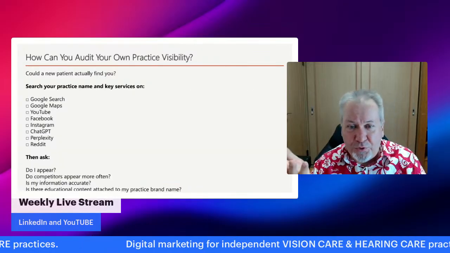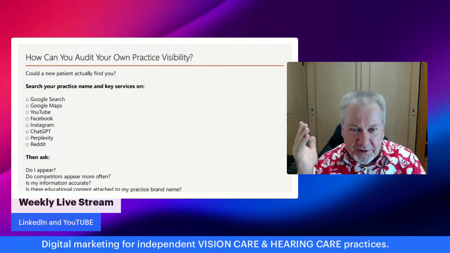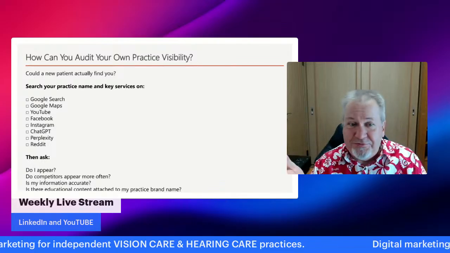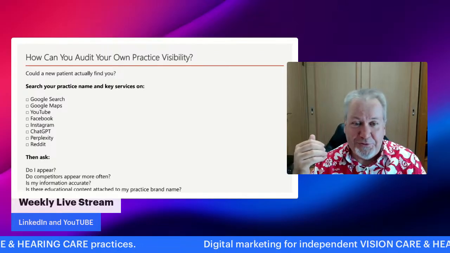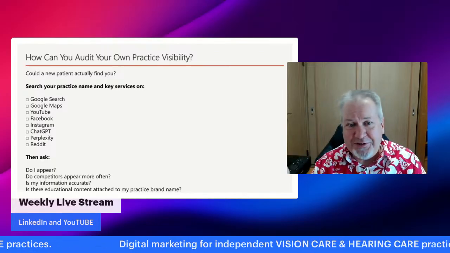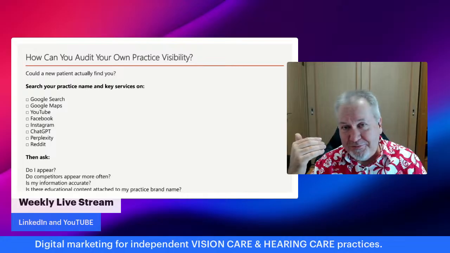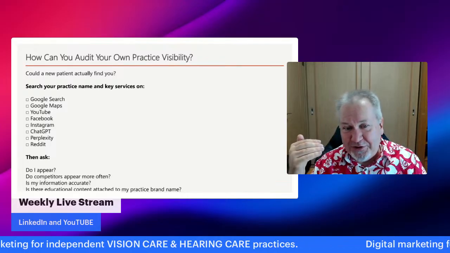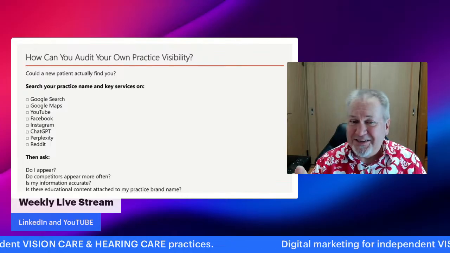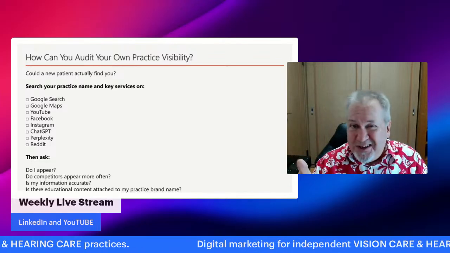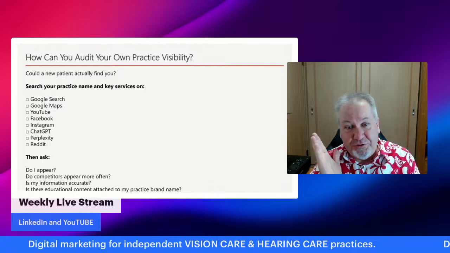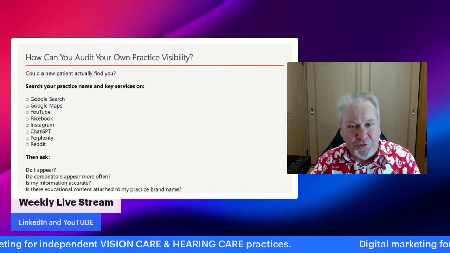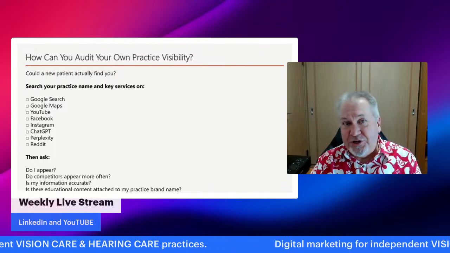So how can you audit your own practice? Well, you should find out, can a new patient actually find you if they were to search in various places? I'm just wondering how many of you have actually searched for your practice name or searched for a key service that you offer. Have you looked in Google, like a simple Google search? Have you checked Google Maps?